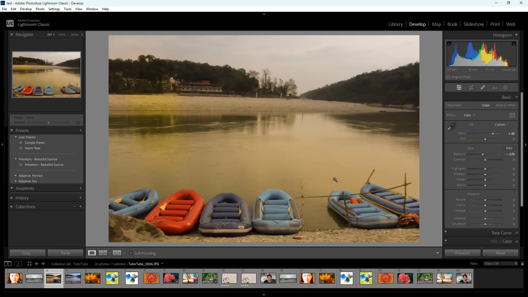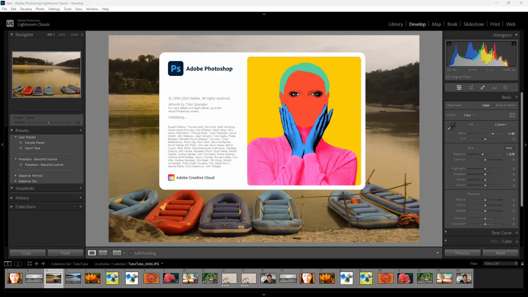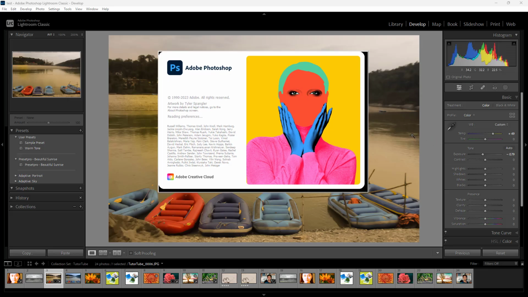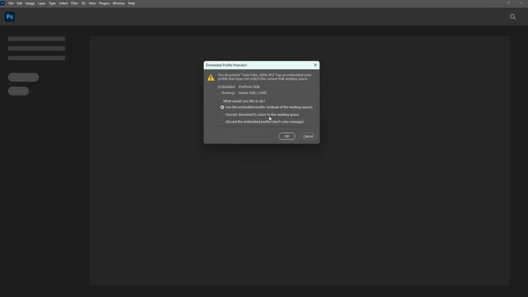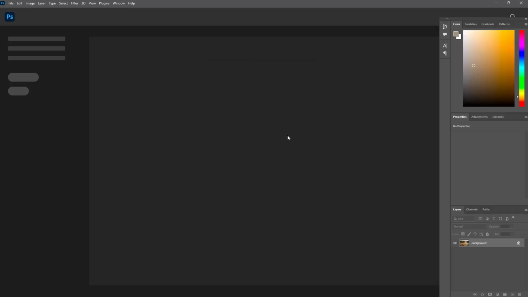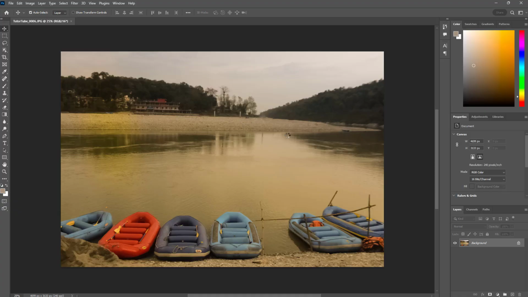So if I were to go ahead and click on edit, now what happens is that the Photoshop application will load up. So you can see that it is loading up right there, just like that. And in a while, what will happen is that with the changes that I made in Adobe Photoshop Lightroom, it'll now load that up into Photoshop. So you can see that it is loading right here. And it is reading the information, and it says use embedded profile. So let's just go ahead, and then you can see that it loads up with the settings that I made